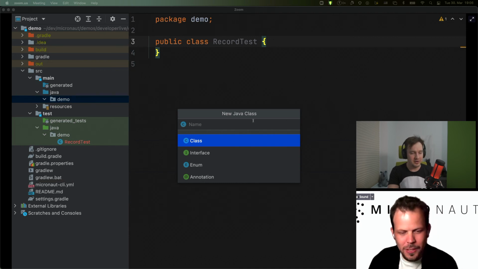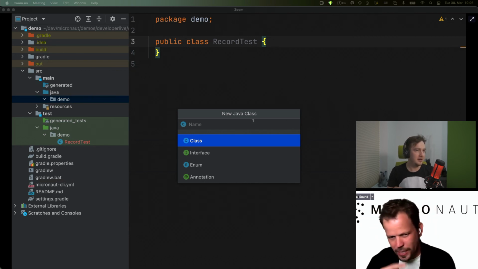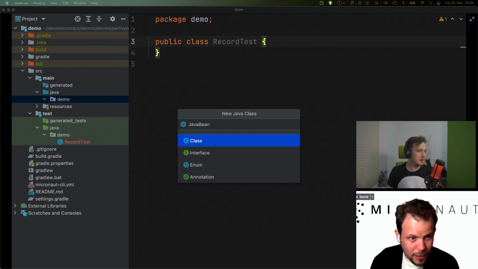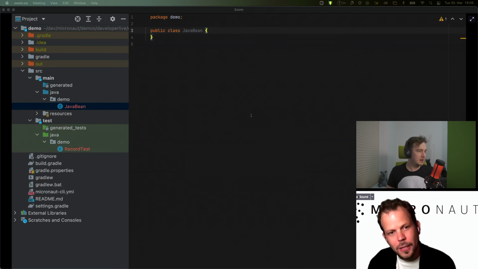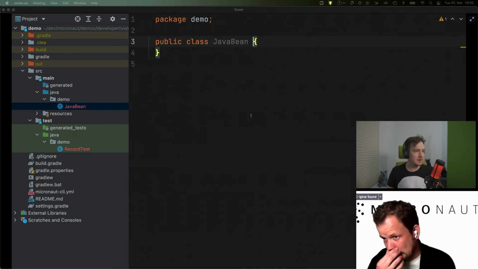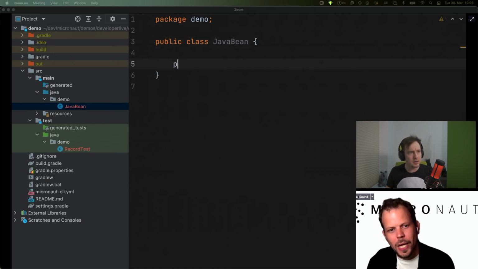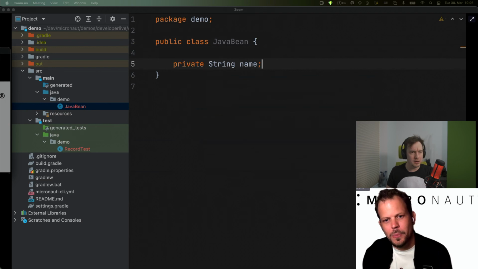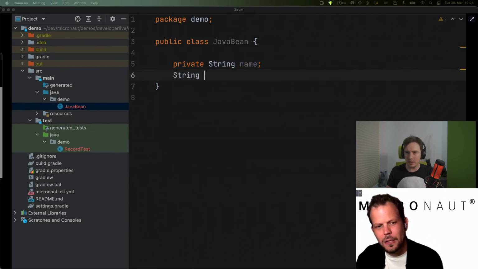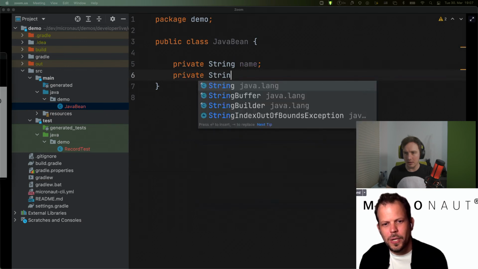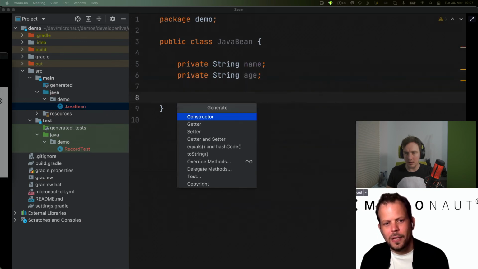But anyway, let's look at a history of where this came from, which is from the venerable Java Bean. So a Java Bean is essentially a class where you have, for example, some properties that typically are private, and then